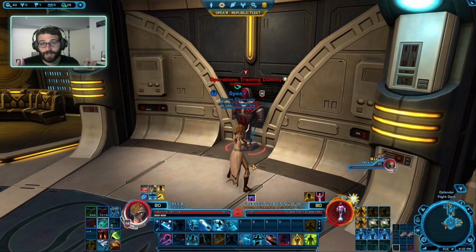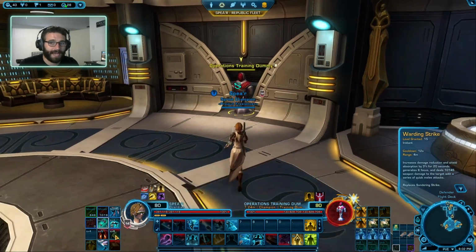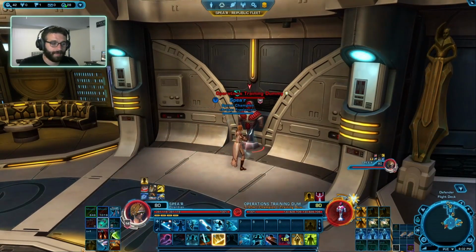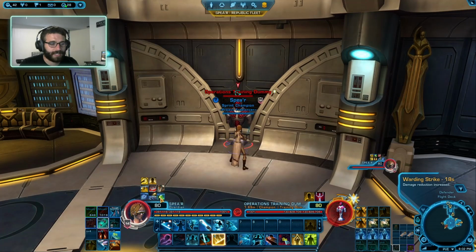If you have no focus at all, you don't have any other buttons to push, you can always fill with Strike until you get your Warding Strike back. Let's run that back one more time to make sure we're all on the same page. 4 sleep, 3 focus, jump to the target, Warding Strike, boop, bunch of focus, also increases our defensive chance, which